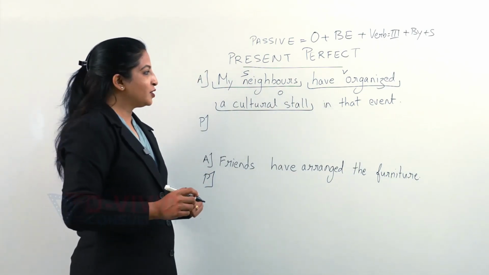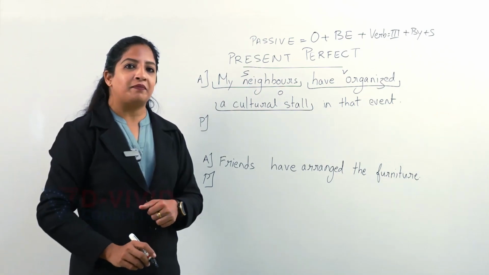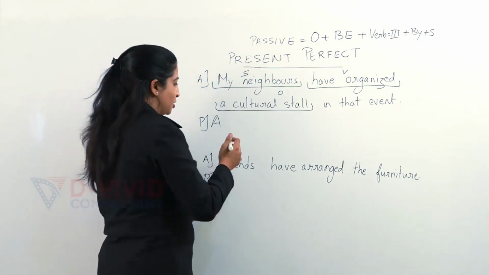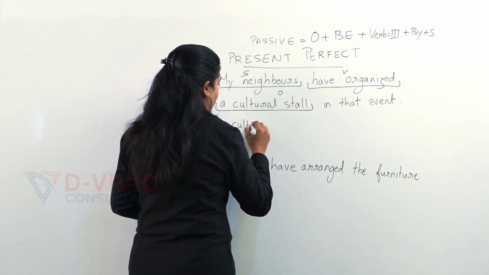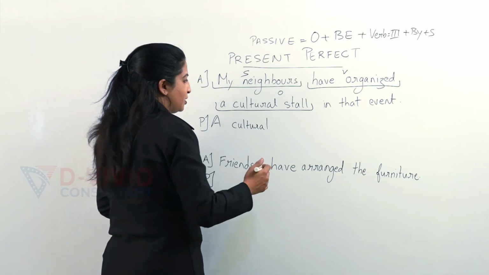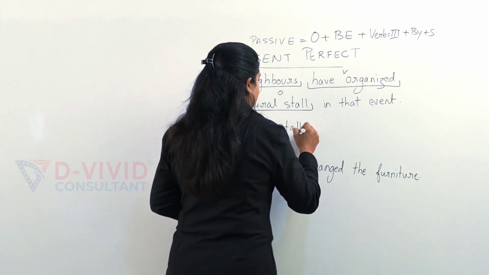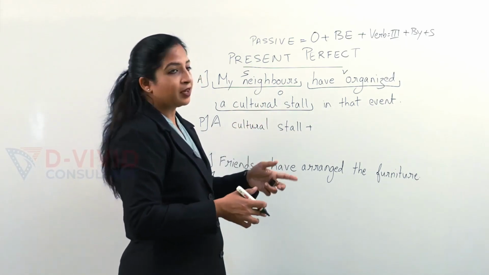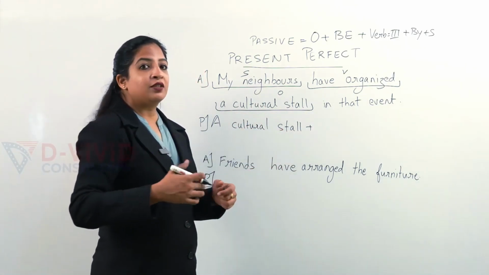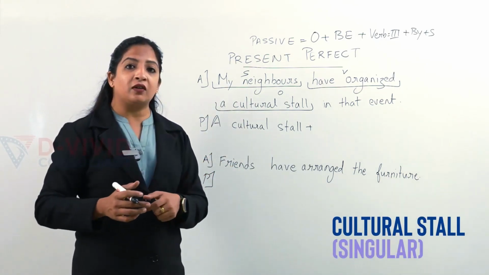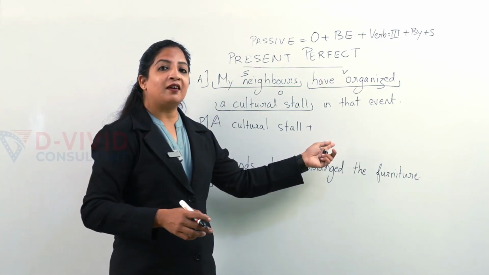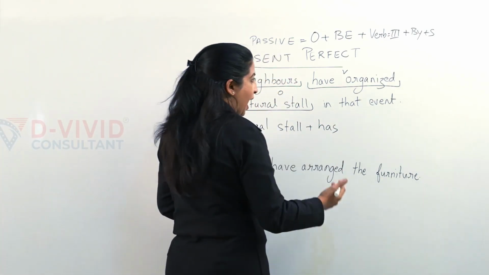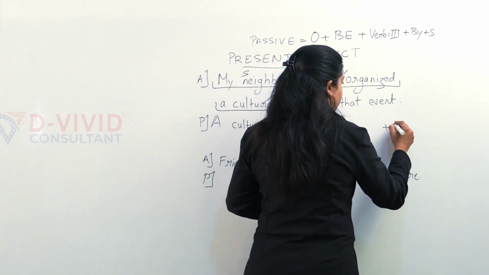Now let's try to make this sentence into passive. So I'll have my object first. So a cultural stall. Now I would need, what do I have? I have and organize. Now this is stall, cultural stall, which is singular. So should I put have here or has? Yes, I have to put has over here. So has organized